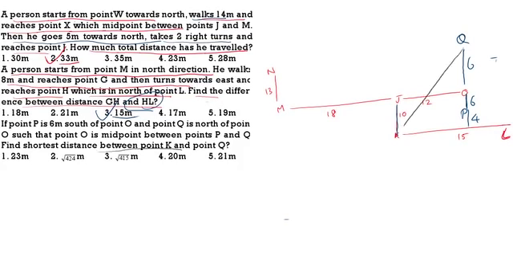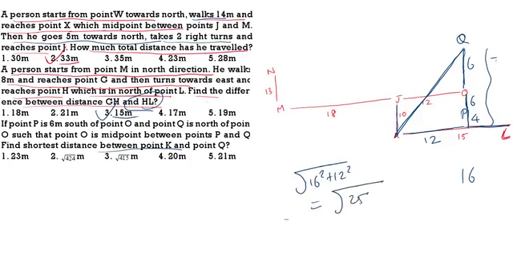This is asked. So if you see carefully, this is one right angle triangle. This totally will be 16. And this is totally 15. Until here it is 15. This is 12. So root of 16 square plus 12 square. That is the calculation we should do. That is root of 256 plus 144. Root 400. What is root 400? 20. So 20 meters is the correct answer. 20 meters is the correct option, option 4. See the next question.